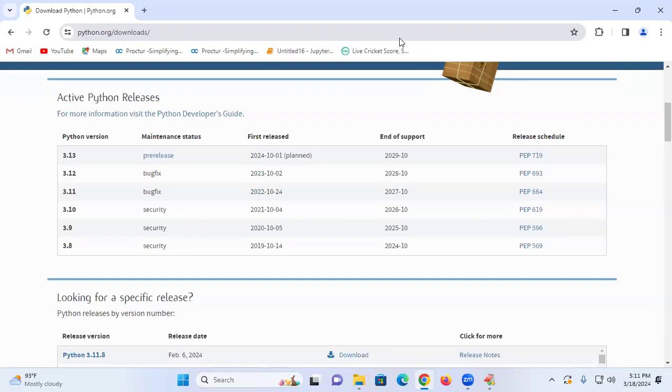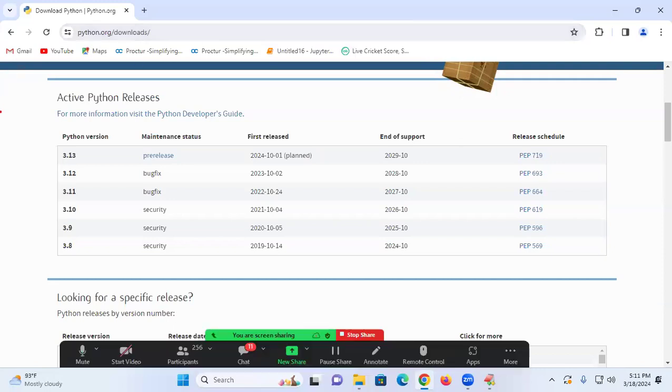You are buying a new version. If it has face detection, will the recognition be there or not? As a part of my class, we are discussing what is the difference between 3.11 and 3.10, between 3.11 and 3.12, and between 3.11 and 3.13. I am going to explain in my classes.